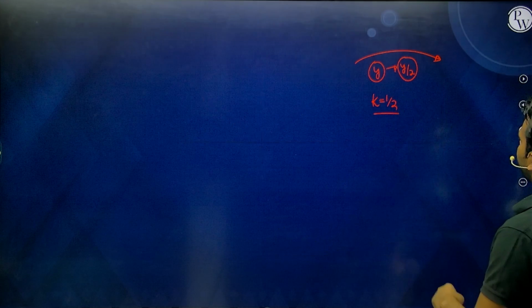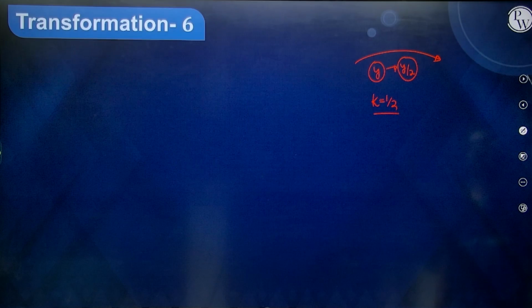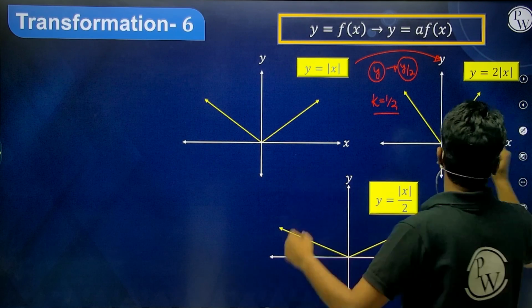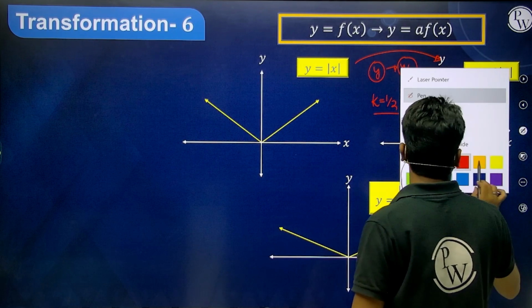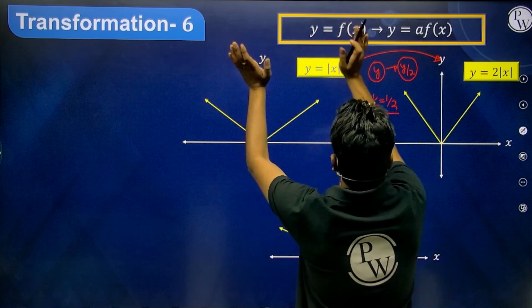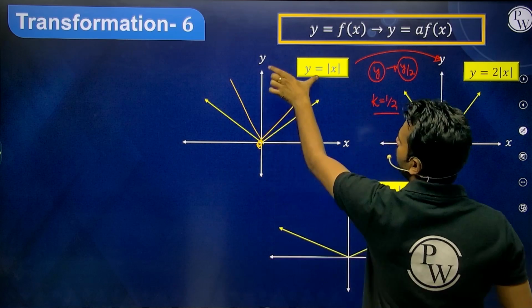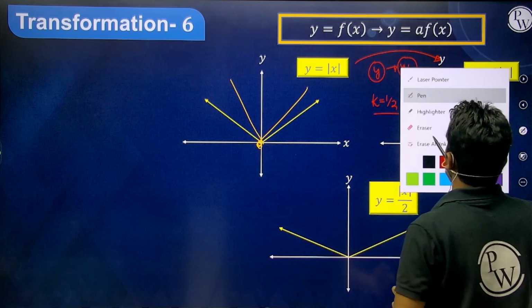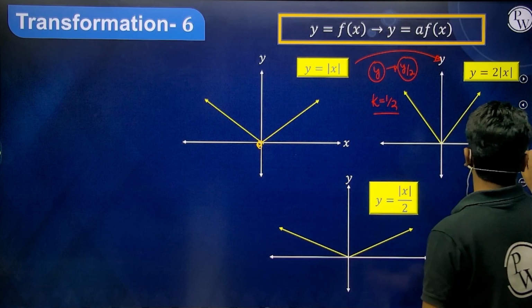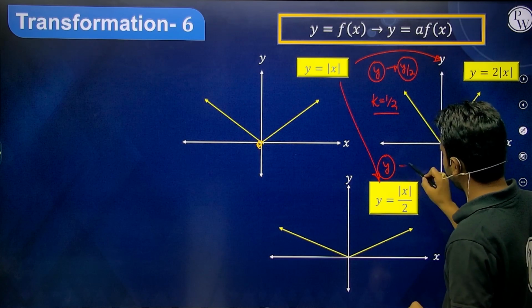And whenever k is between 0 to 1, what happens? Stretching takes place. You have to first hinge the points onto the x-axis. Isko hinge kar diya, and then you have stretched it. So on a single graph, if you see, this is how the graph of y equal to 2 mod x will look like. And if you want to go from here to here, you need to replace y by